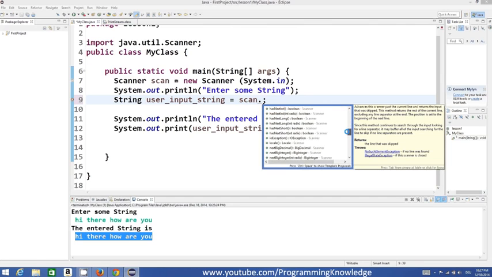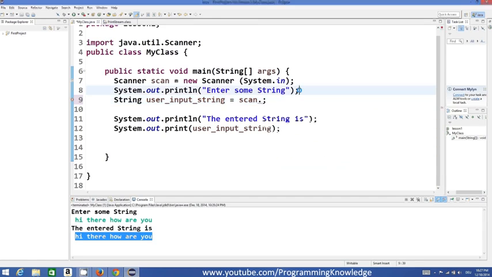There are functions like next boolean, which can take a boolean value, next big decimal, next big integer, next byte, next float. So whatever data type input you want to take, you just need to use the corresponding next function. Okay, so I hope you understood the basic concept of taking or scanning inputs from the user,